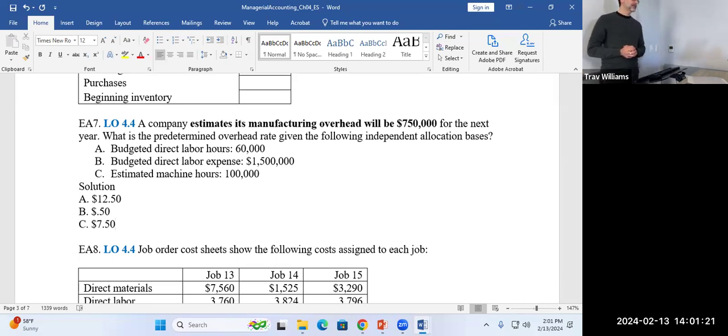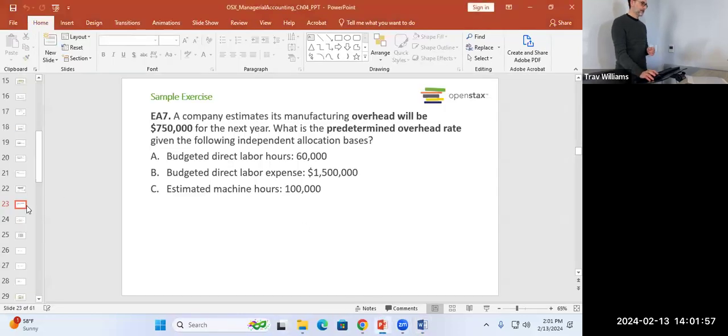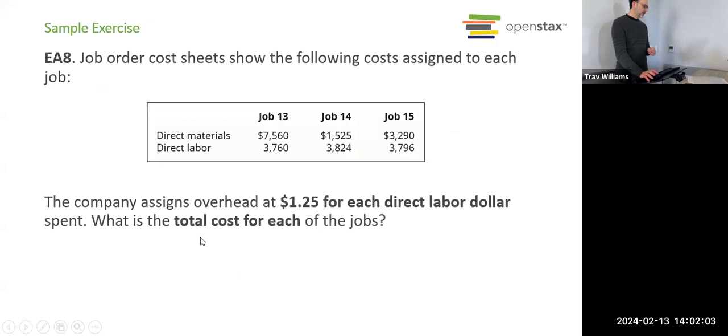You would not combine these traditionally, although when we get into activity-based costing, you'll see you can actually use multiple different activities at the same time. But for this chapter and next week, you don't have to worry about that. So the company would just pick one approach, one of these 3, and use that to apply all of their manufacturing overheads. Any questions? Okay. All right, we're already a third of the way through the chapter. And we have another exercise, all right?